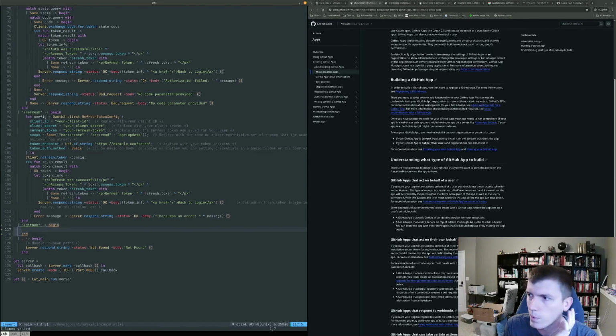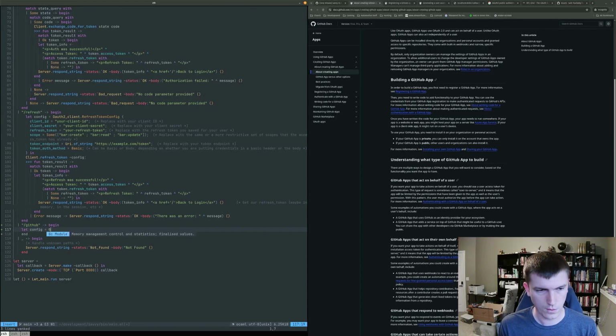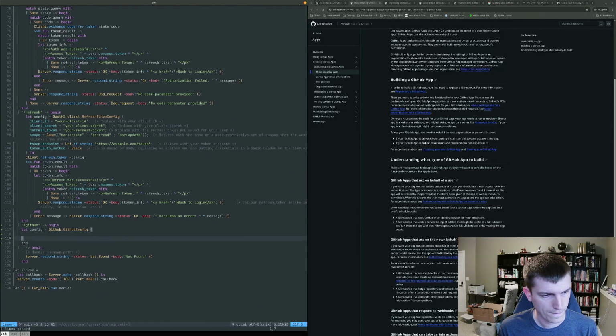So I think what we want to do is have them set up a GitHub config right away. Something like let config equals, I think I want it to be something like GitHub config, just for giggles and grins here.